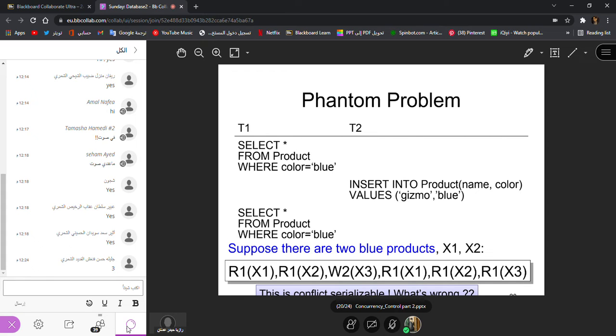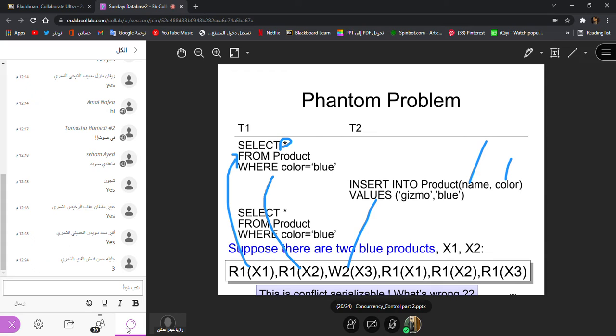Okay, this R1 is reading here, and R2 is also reading here. This one is here, and again you are, because all is like, why all? Because we had the two elements, this name and this color.